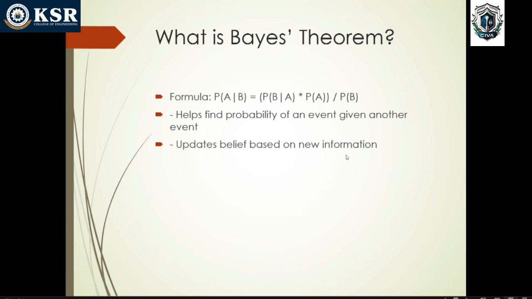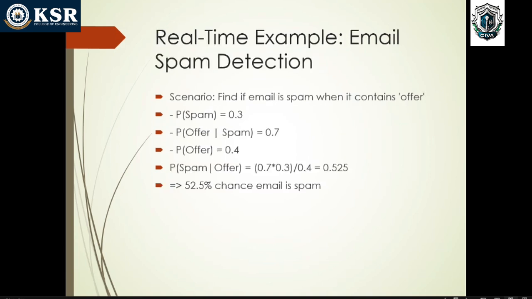To explain Bayes theorem, let's consider email spam detection. I want to find the probability that an email is spam when it contains the keyword "offer". Here is the data. The total spam messages out of all email is 30%, 0.3. Out of spam messages, 70% contain the offer keyword. And across all emails, the probability of offer is 40%,